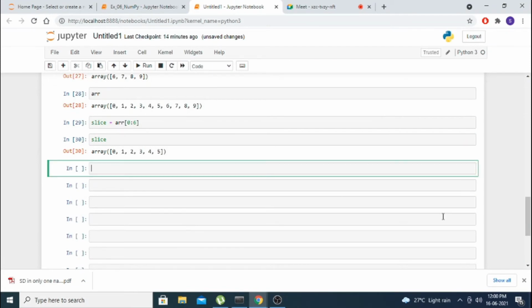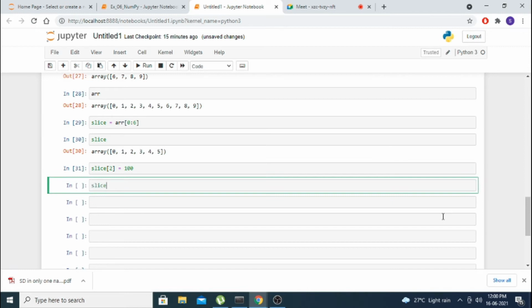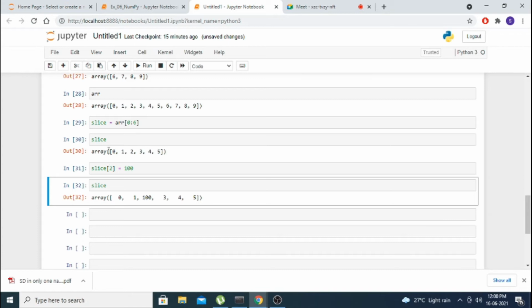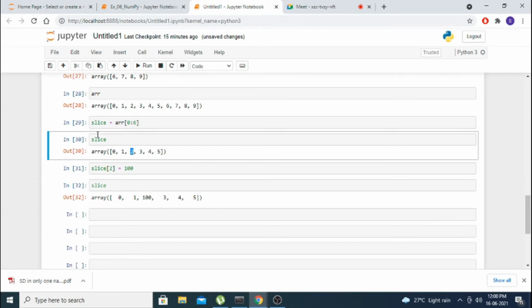Now I am making slice of 2 equal to 100. Now slice. You see now that element 2 will be changed to 100. Here whenever you are taking a slicing, you know call by value, call by reference, in C you may have read it.